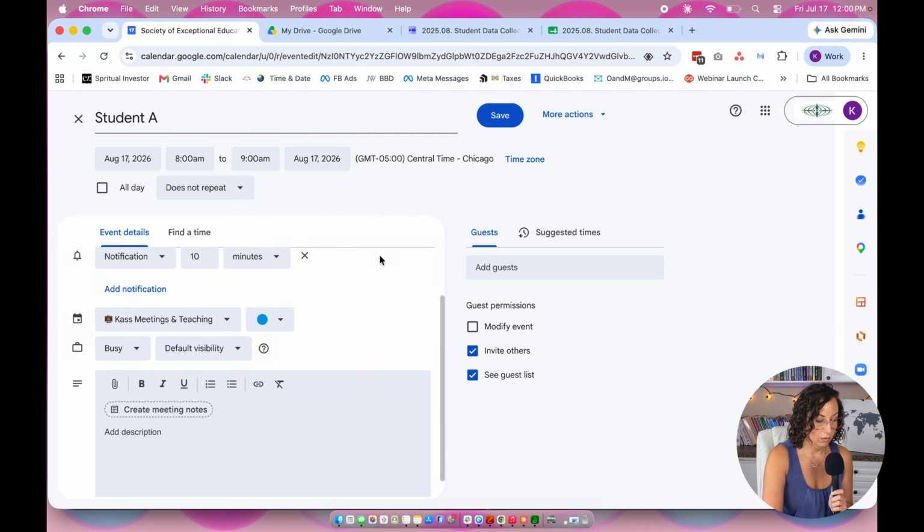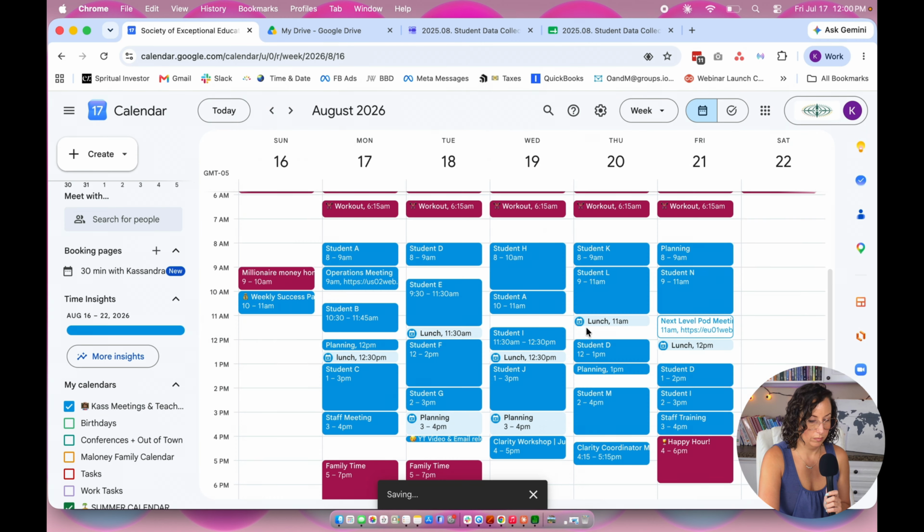Now you can also add guests to it. Okay, say I need to add my boss. Now the boss, maybe the parents, anybody else who needs to know anything that I'm doing, they have the information right there. I hope you can use this information to help you take a step forward in being a more productive teacher this year,